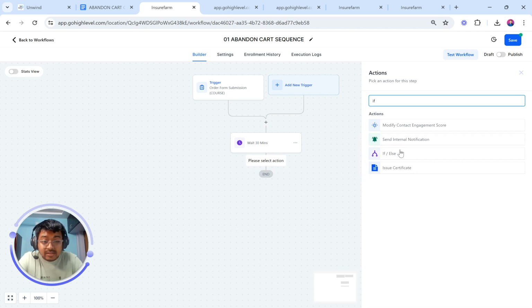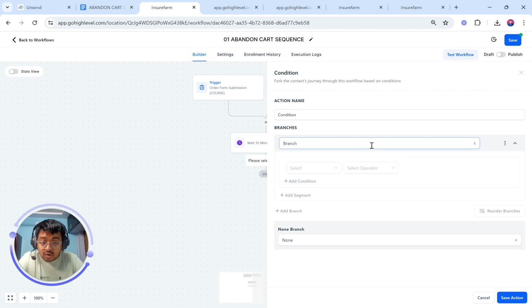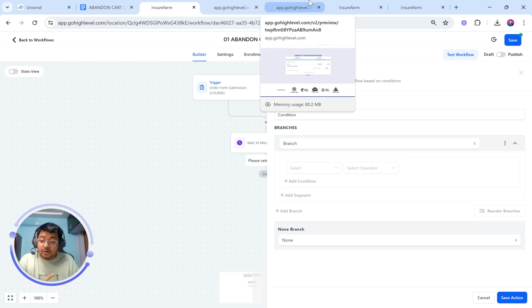So we're going to use advanced conditional logic, which is called if and else, right? It basically means that anybody who purchases our product is going to have a tag associated with it. So let's say a success tag, let's say product purchased on this particular XYZ course, right? And now after 30 minutes we're going to check whether they have their XYZ tag or not. In case they do not have an XYZ tag, in that case proceed forward with